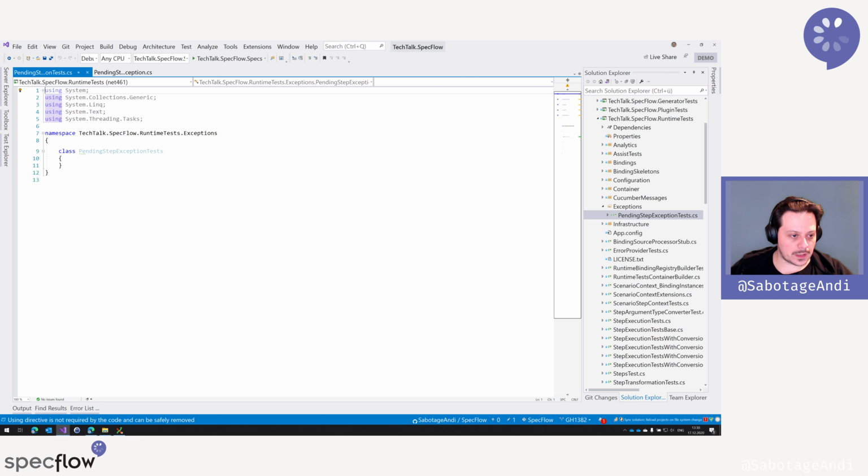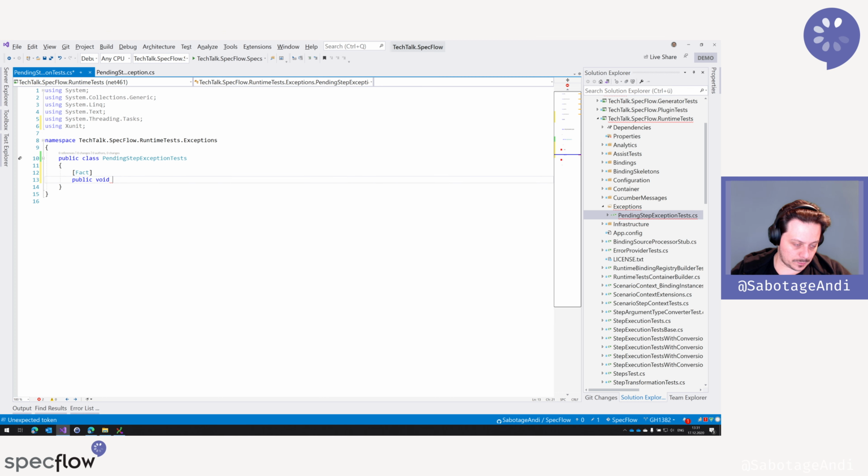We are using xUnit as the test runner for our unit tests, and Fluent Assertions for assertions. So we only need to mark the method with the Fact attribute, and that's it. So public void message